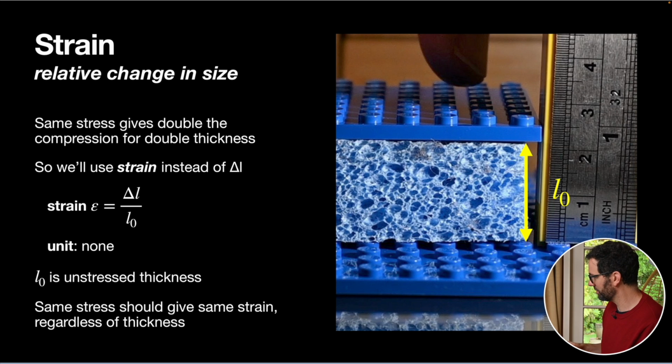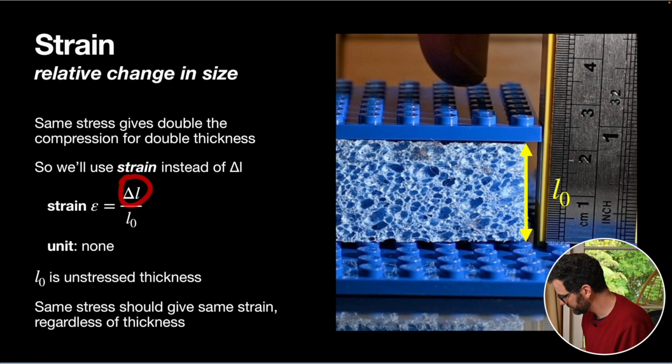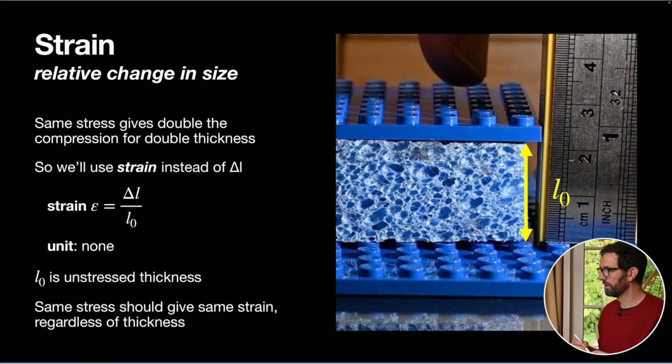So it's the change in length, delta L, divided by the starting length, L naught. Okay, so we're basically going to start measuring strains, or calculating the strain instead of just the compression, delta L. Okay, so L naught is the unstressed thickness, and what we should hopefully find, given the graph we saw before,